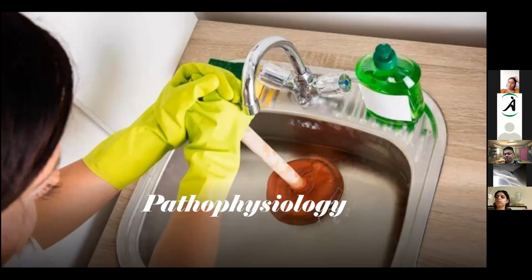So coming to the pathophysiology. To understand the pathophysiology of bowel obstruction, we can just think of a simple example of a clogged sink. Whenever the kitchen sink is blocked, what we usually do is something to push that forward, right? And again, we flush it with water. So it is almost the same thing that is happening here.